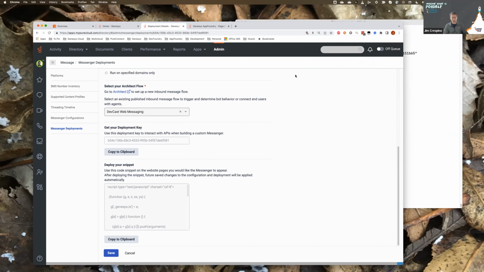But TamperMonkey is really cool because you can say, if the URL is Genesys or developer.genesys.cloud, then inject this script, and you can literally copy that clipboard script and put that into your TamperMonkey script and have that injected, and you can play with web messaging right there on your website and see what that would look like. So you can know that your script will work also if you manually embed it. So I hope that answers that.